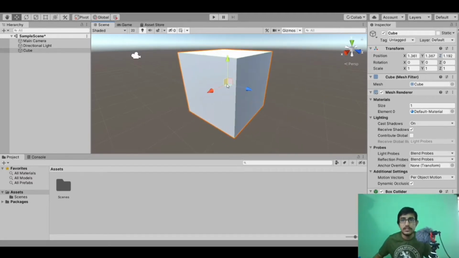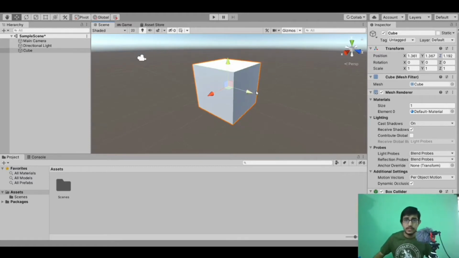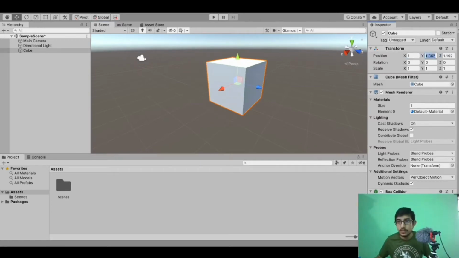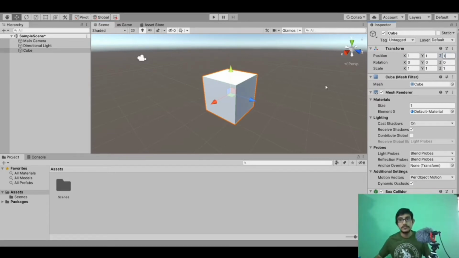Actually we won't need it in our game development. I will only be dealing with movement in x axis, y axis or z axis. It means only in axis. So let's position it once again where it was, 1 1 1. Okay,